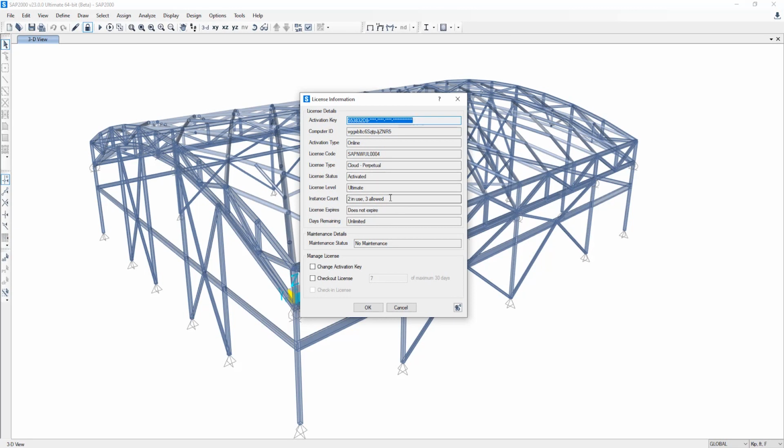There are up to 3 cloud licenses. So one thing to note is an internet connection is required when running the software to allow it to obtain and return the cloud licensing. As you can see here, there is a checkout capability for offline use. So if you click this, you can check out the license for a maximum of 30 days and then simply